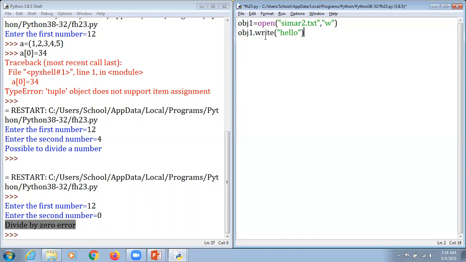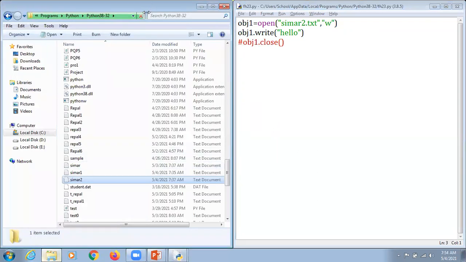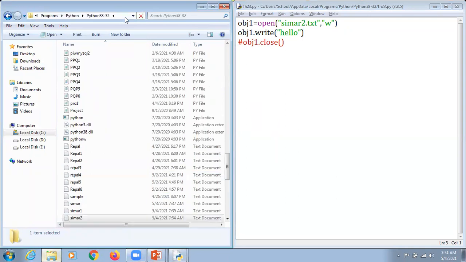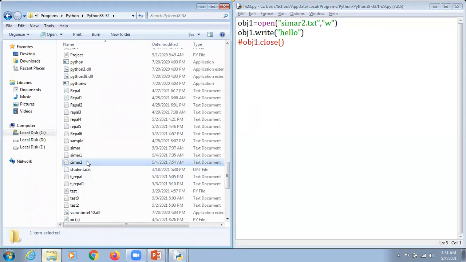Then we are supposed to mention obj1.close. But for the time being, if we do not close that particular file, the file is being created in that particular location. I hit the enter key. It says the file is created named simar3, I think. Where is simar3? Okay, no issues. Simar2 is there. I'm just going to create a simar3 with that.